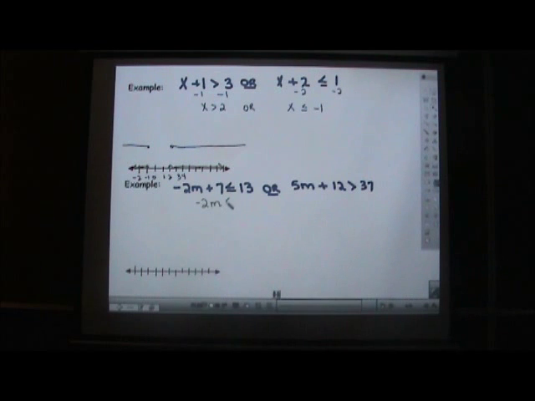On the next one, as we're graphing, I'm going to subtract 7 first, so I'll have 2m is less than or equal to 6. Then I'm going to divide by -2. Remember, when you divide by negative numbers, you have to flip your inequality over. Then we'll have m is greater than or equal to -3. Bring down your or, because that tells you how the graph's going to look. On the other side, I'm first going to subtract 12, so I'll have 5m is greater than 25. Then divide by 5, m will be greater than 5. Again, as I go to my number line,